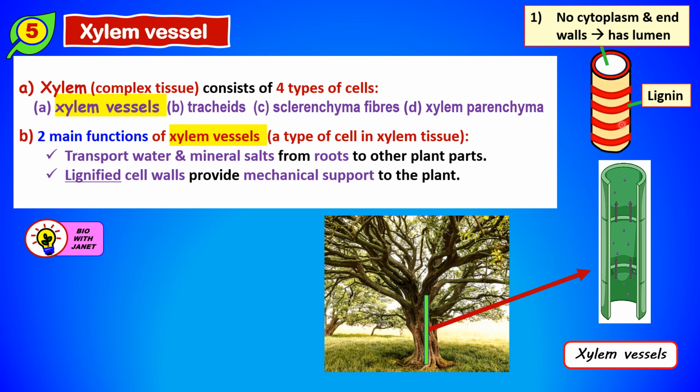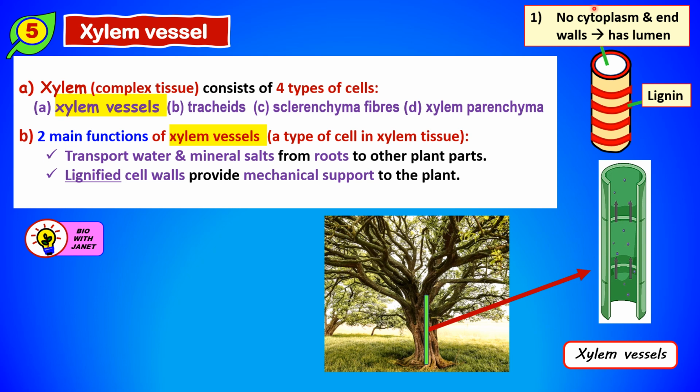And then they have lignified cell walls. That means the cell wall has deposits of lignin. It's strengthened with lignin, which is a strong hard substance to provide mechanical support to the plant and also provide support to the xylem vessel so that it does not collapse. Okay, it does not bend over or fold over. All right, and then we can see here that xylem vessels are joined end to end to form a long continuous tube, a long hollow tube from the roots right to the leaves. Okay, so there are many of these tiny, long tubes inside the tree or plant to transport the water up from the roots to the leaves. Okay,